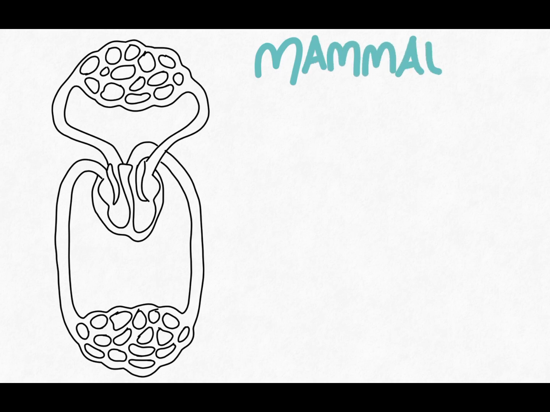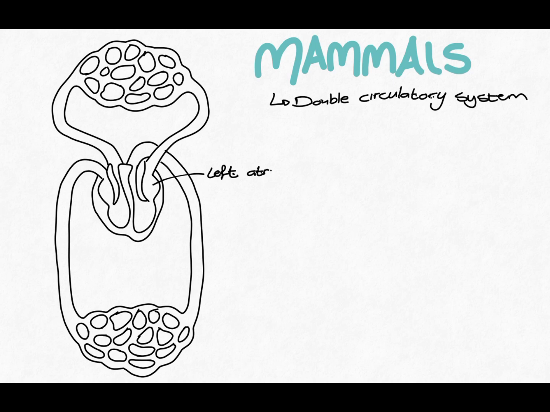Now, the mammalian circulatory system is a double circulatory system, meaning that blood flows through the heart twice to be able to circulate the body once. So the mammalian heart is made up of 4 chambers. They have the left atrium as well as the left ventricle. Then they have the right atrium as well as the right ventricle. So here we can see the 2 sides of the heart are separated by the septum, which means that deoxygenated